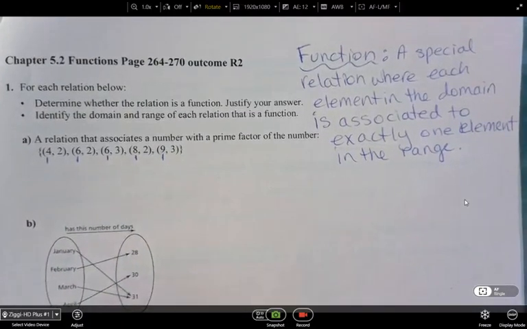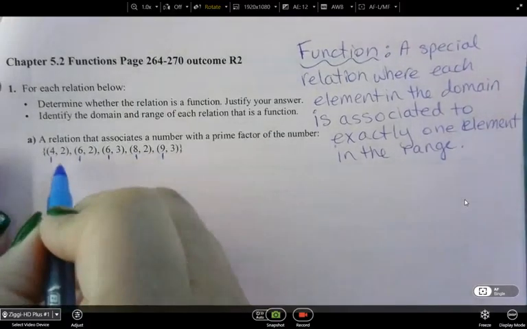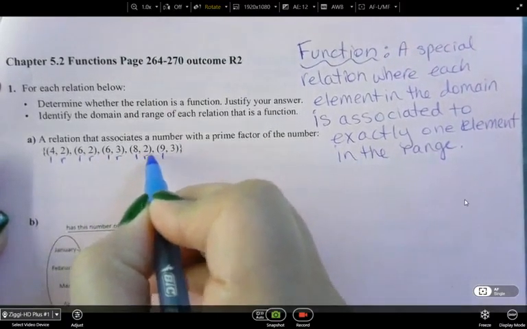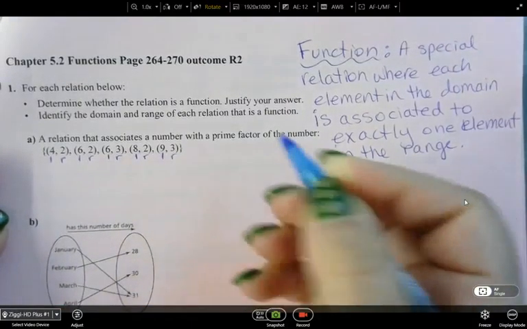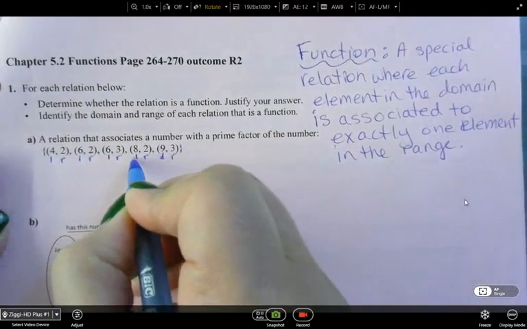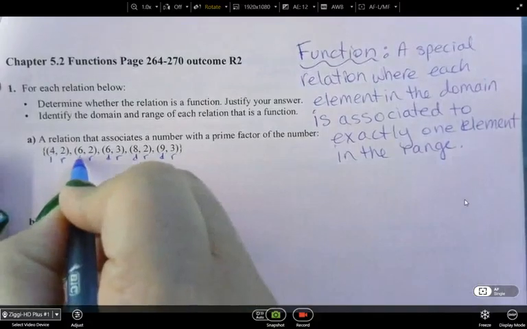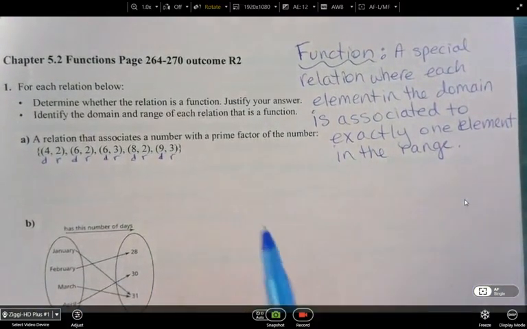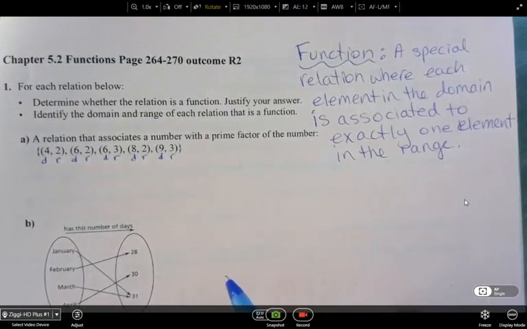And which ones are part of my range? So those are all the ranges. So I could just make these into little d's. So your domains are going to be your x values, and your ranges are going to be your y values,